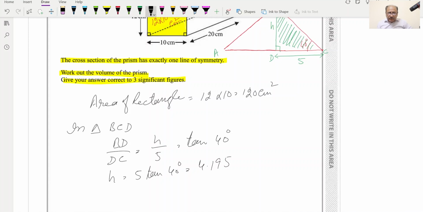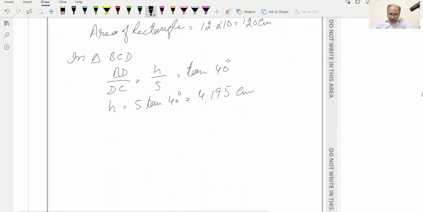4.195. This will be the height in centimeters, so the h value. Now we can find the area of triangle ABC. Area of triangle ABC will be equal to 1 by 2 into base into height, and the base is 10, and the height will be